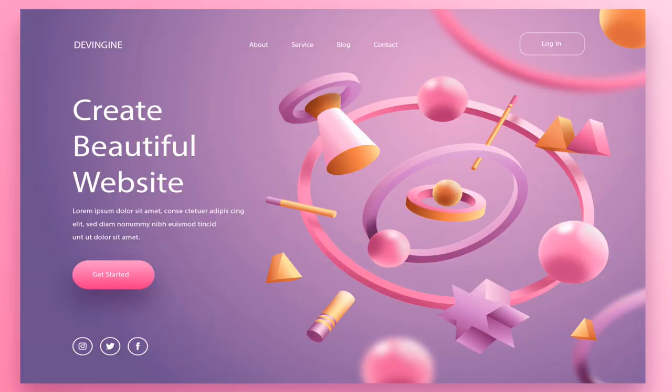To use CSS, you must first link a separate CSS file to your HTML document. In the CSS file, you can define various styles using selectors and declarations. Selectors specify which HTML elements you want to style, while declarations define the style properties that you want to apply